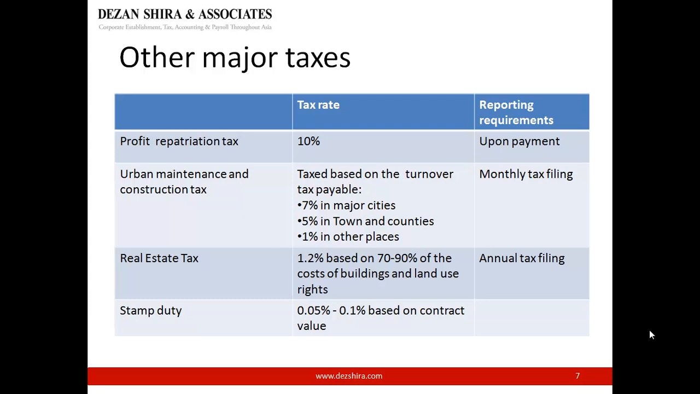And the second one is the urban maintenance and construction tax. This tax is calculated based on the turnover tax payables, which means it is based on your VAT payable, business tax payable and consumption tax payable. The tax rate is 7% in major cities, 5% in towns and counties, and 1% in other places like villages, like industry parks. This is also an indication of which place you should select to set up your business in China, because